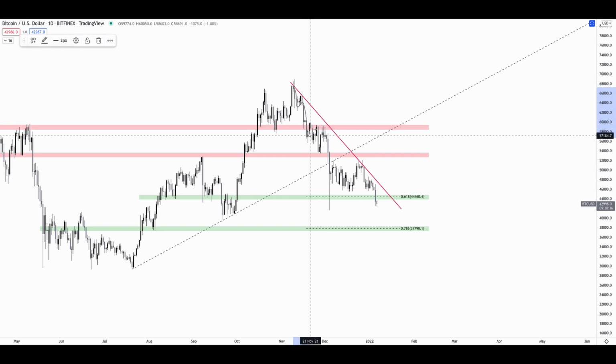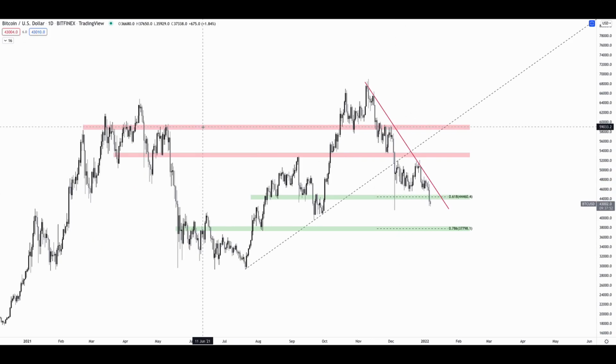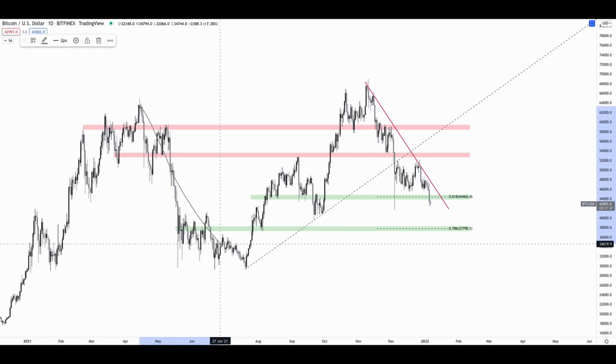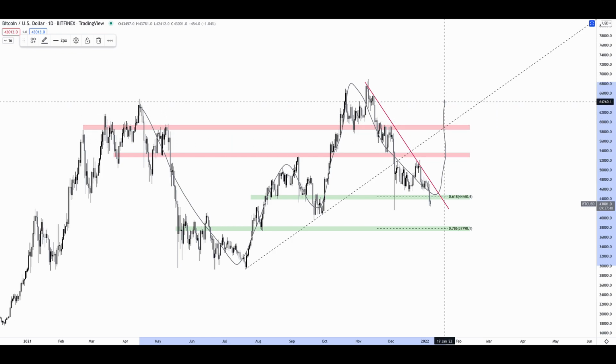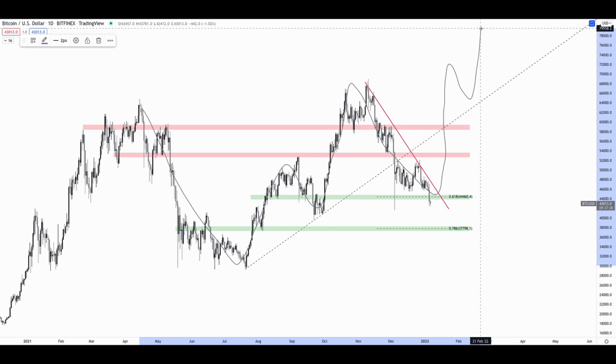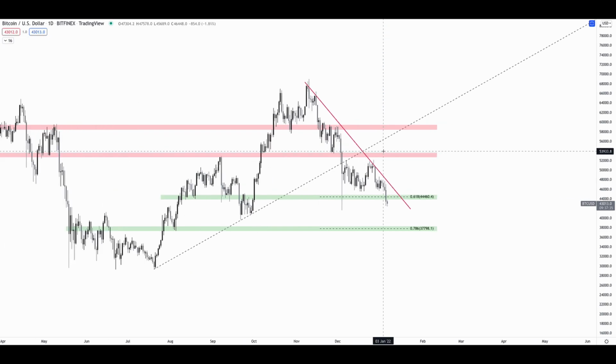I was looking at an ending diagonal pattern leading to a potential breakout, and breakout as in breaking out of this descending resistance and retesting it in the form of a pullback before we could form a higher high. Another perspective was looking at this entire thing as a bear trap. So what we are seeing here was a formation of higher lows and higher highs, and we break down the ascending trend line support only to move back up once again to form new higher highs and higher lows.